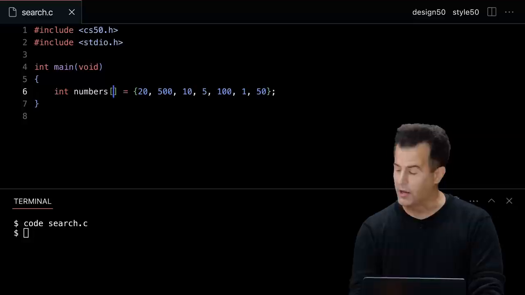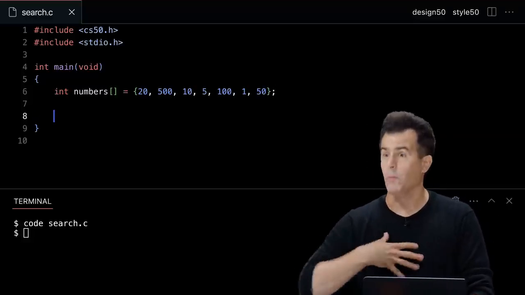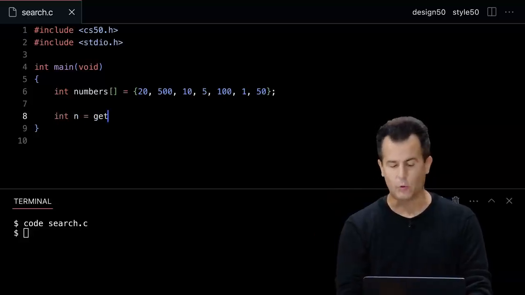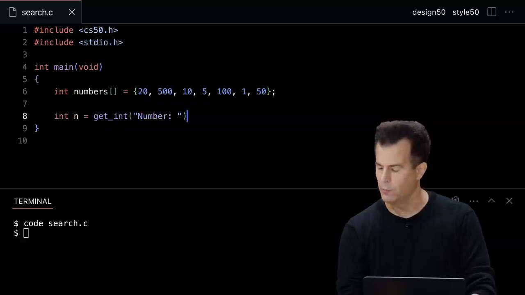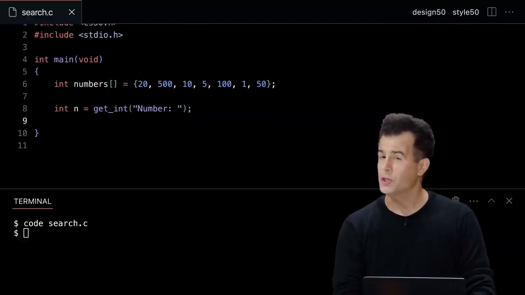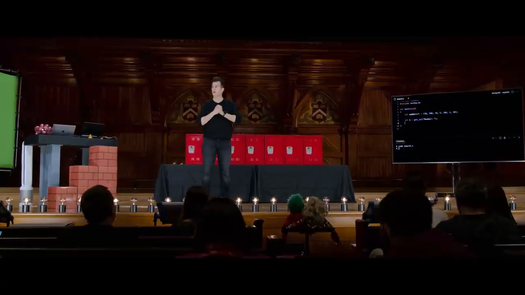All right, so if that gives me then an array of size 7, let me go ahead and ask the user, what number do you want to search for, much like I verbalized before. So int n equals get_int, and I'll prompt the human for a number, as with this kind of prompt. How do I now implement linear search? Well, based on the constructs we explored in week 0 and week 1, we had conditionals and loops and variables and Boolean expressions and the like. What is probably the feature of a programming language that we're going to need to search from left to right to implement linear search? A for loop, probably, or a while loop, but a loop in general.